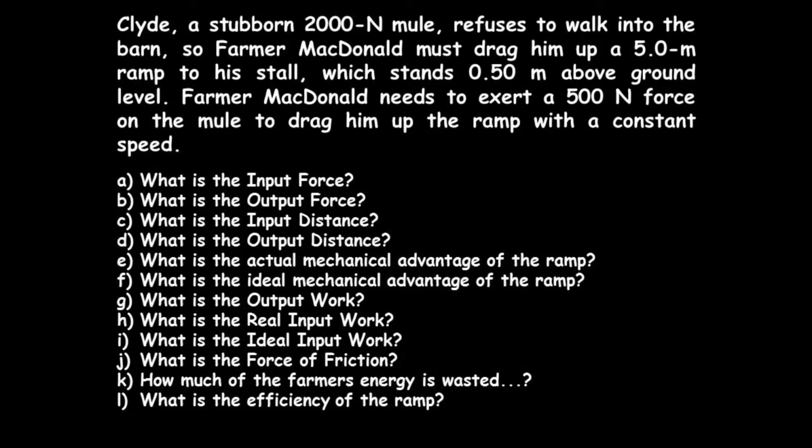Those are all given in the problem. A through D is given in the problem. And then we're going to calculate the AMA, the IMA, the output work, the real input work, the ideal input work, the force of friction, how much of the farmer's energy is wasted,